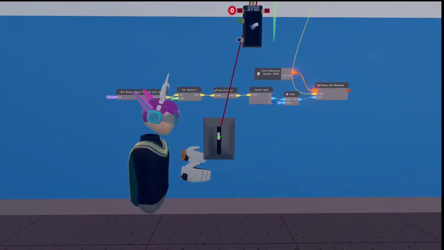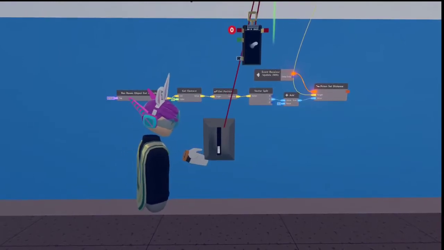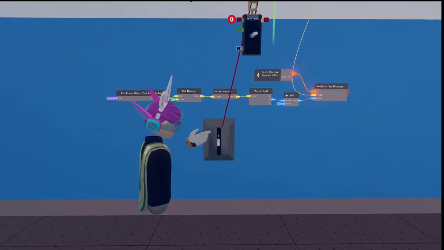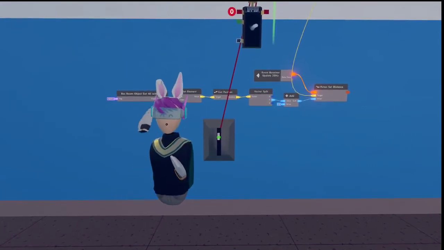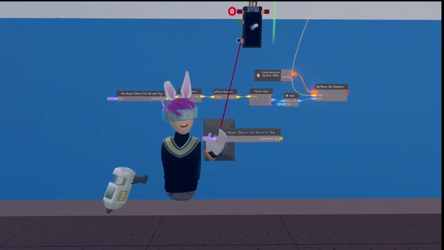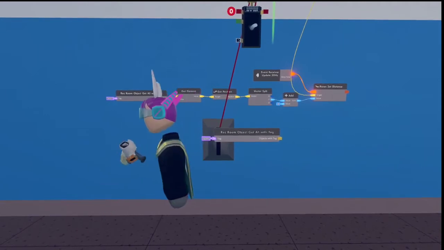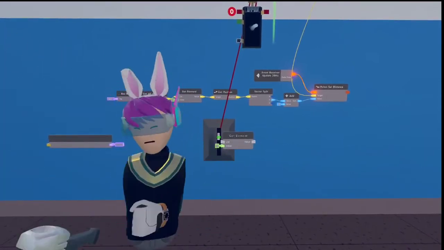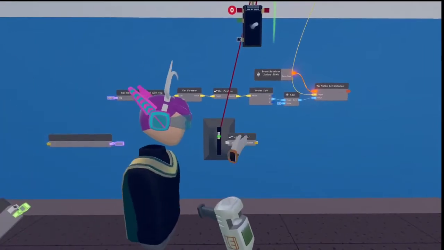So, what we're first going to do is make this lever go up and down, and it's always staying where you put it. It's okay if it's glitching around a bit, that doesn't really matter. What we need for that is a RecRoom object get all tag, with all tag, and get element,